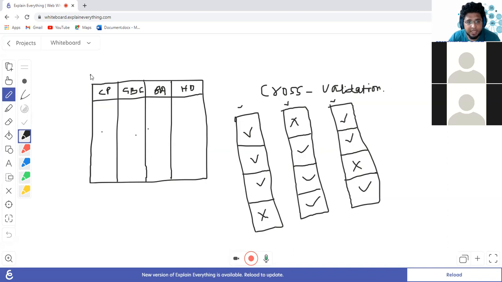First, I have data. Second, I have a regression or a classification problem. Third, I have a bunch of algorithms using which I can solve these problems. And fourth, I have a bunch of choices in which I can segregate my data into training and testing data to train and validate my algorithms.